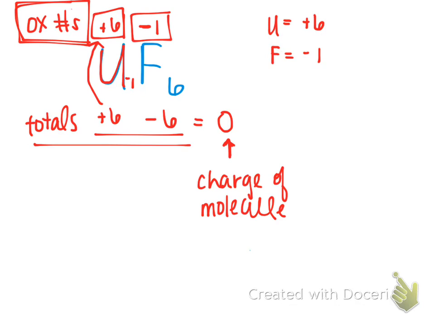If this would have been U2F6, we would have made this a +3, because there would have been 2 atoms to split that +6 between. But since there was only one of them, that uranium atom is a total +6. Okay, yeah, sure. All right. Let's try